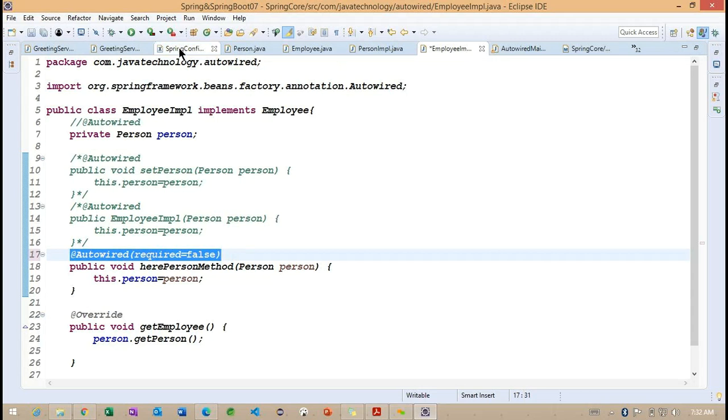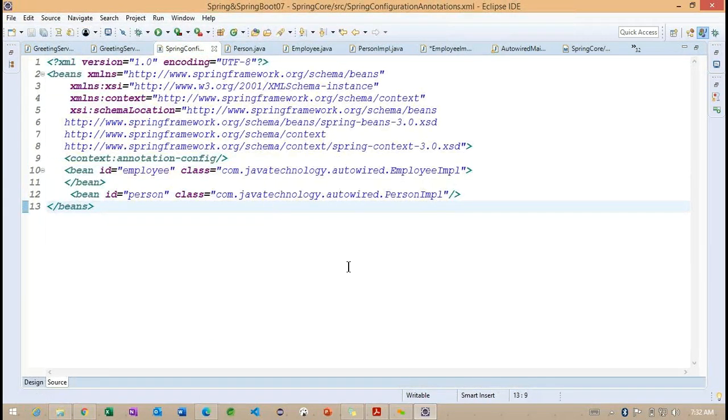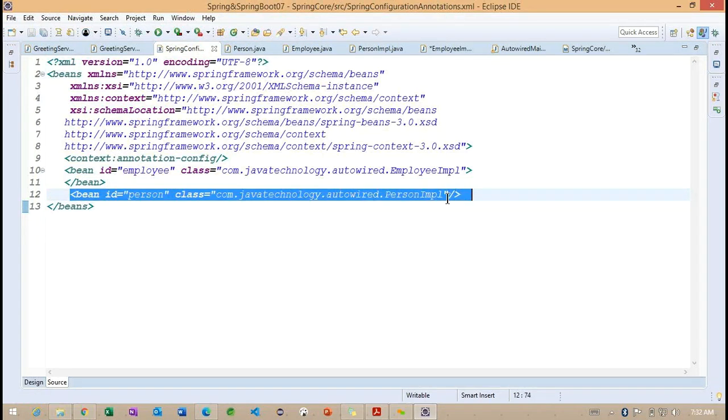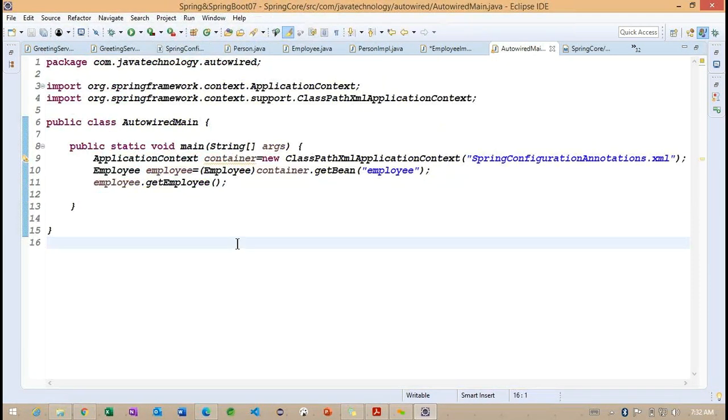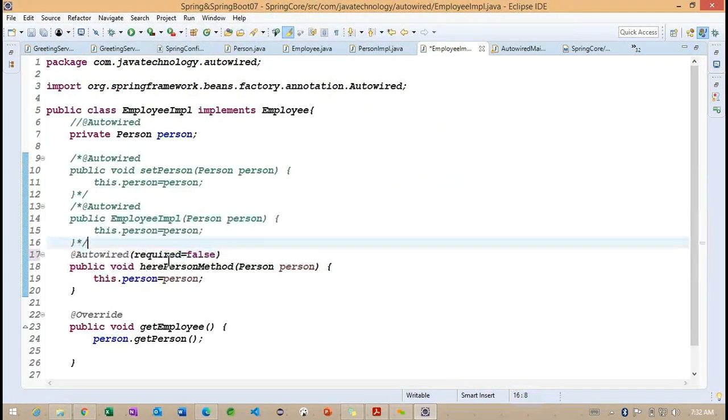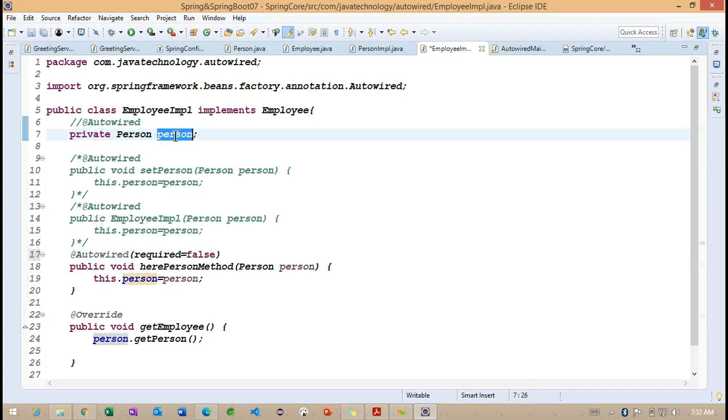So we need to specify the bean information inside this particular configuration file. If I'm not specifying this bean here, what happens internally? We are going to get a no such bean exception. But using this required false, what I'm doing is, based on this property, if the bean is not found in the configuration file, what happens internally?